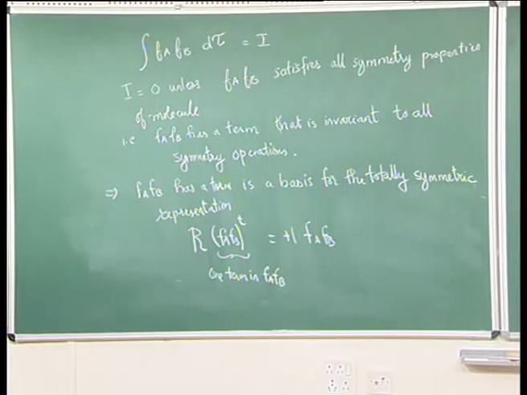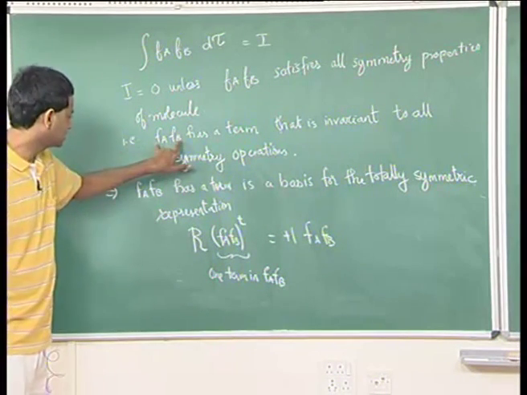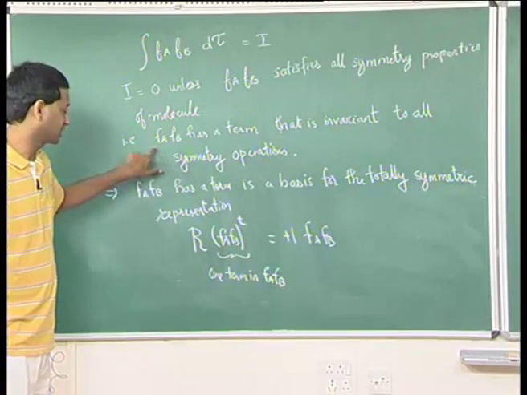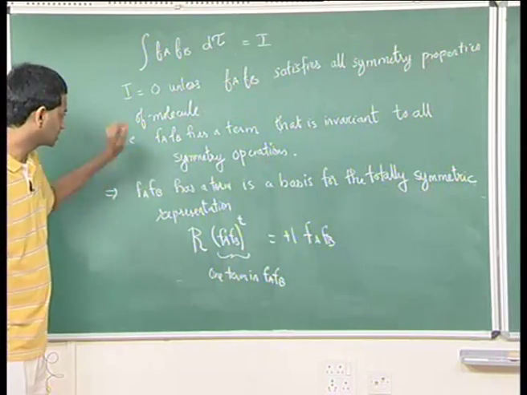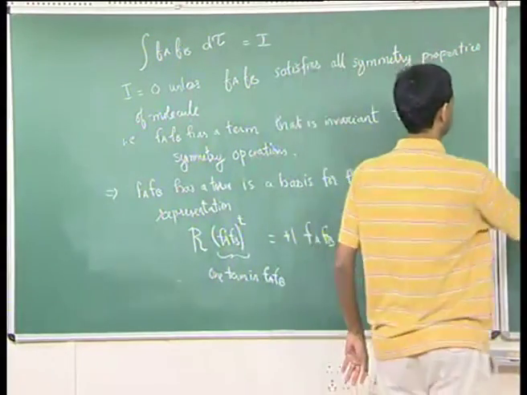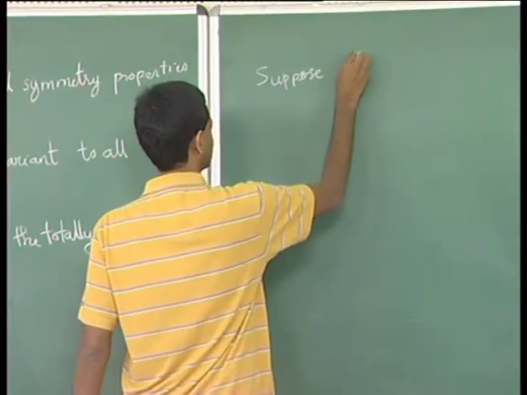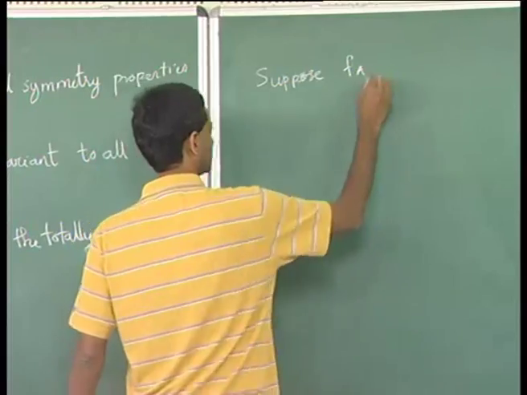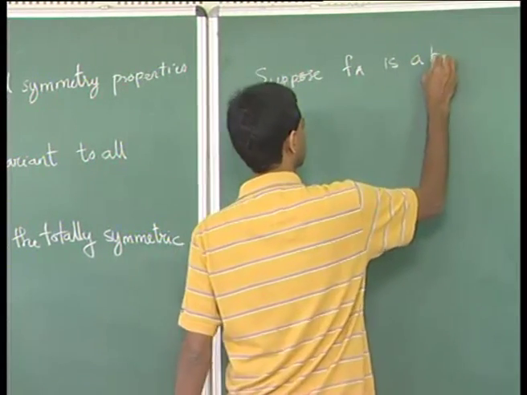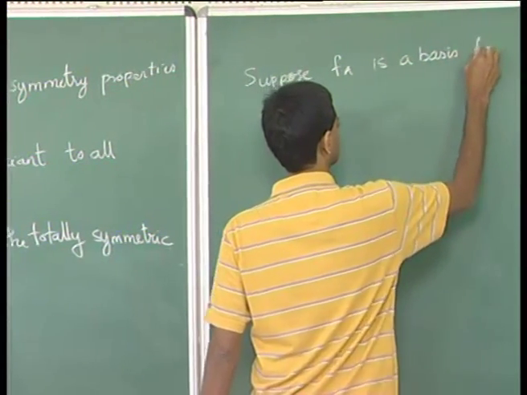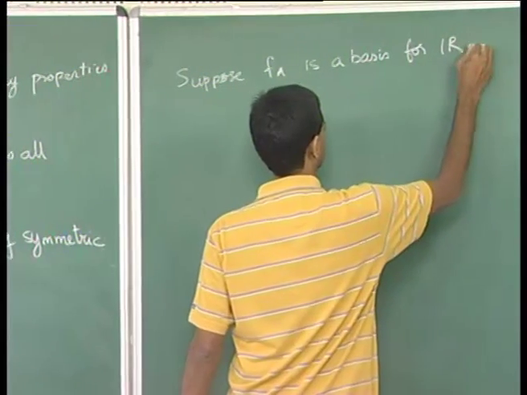Now, this is something that we are saying about the product. Now, suppose f_a is a basis for irreducible representation A